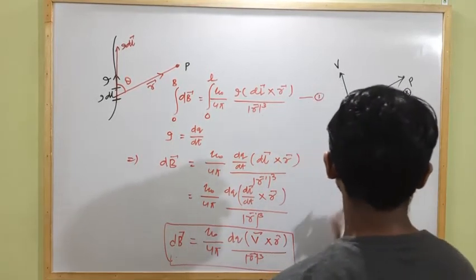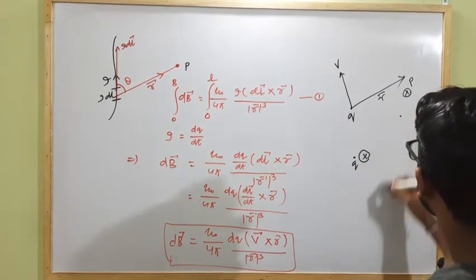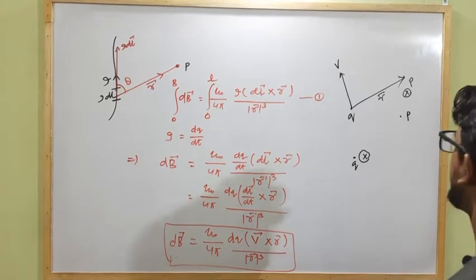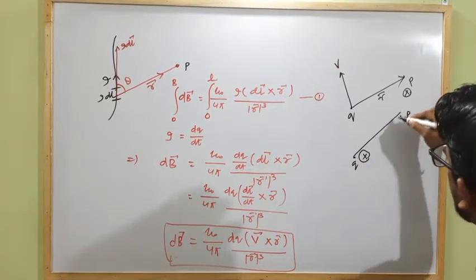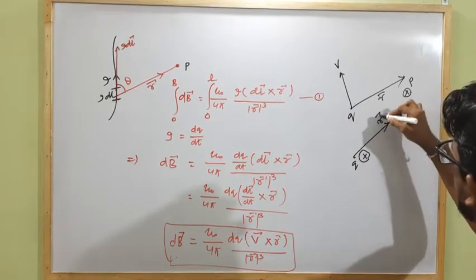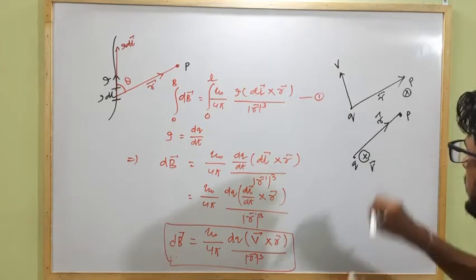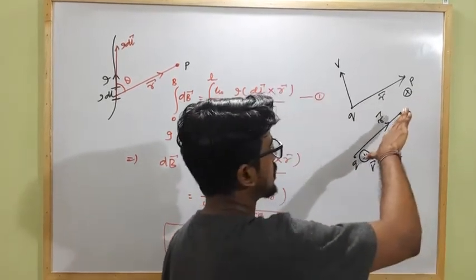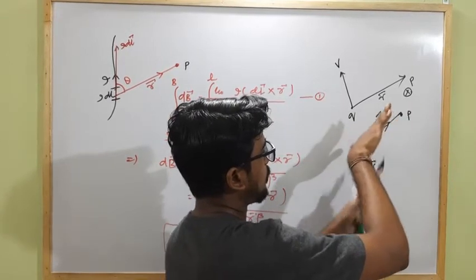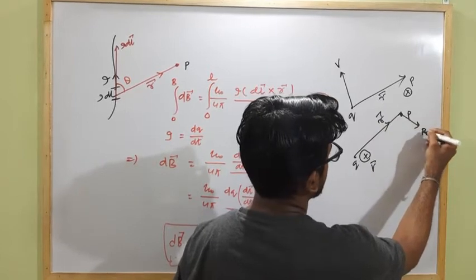if a charged particle Q is moving inward and here is a point of observation P, then what is the magnetic field strength at the point of observation P with respect to the charge? The position vector of point P is R. So I am stretching my thumb along the direction of V. V is inward like this, and the fingers of my right hand along the direction of the position vector, like this. So the palm will show along this direction. So the magnetic field at point P will be along this direction.